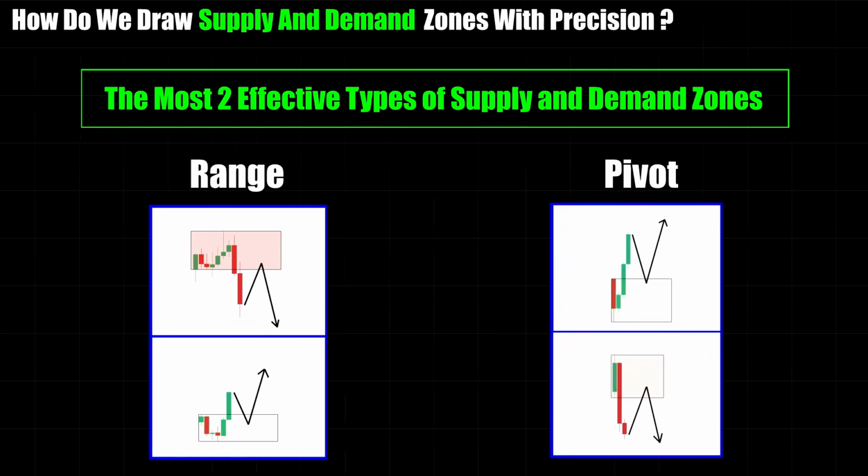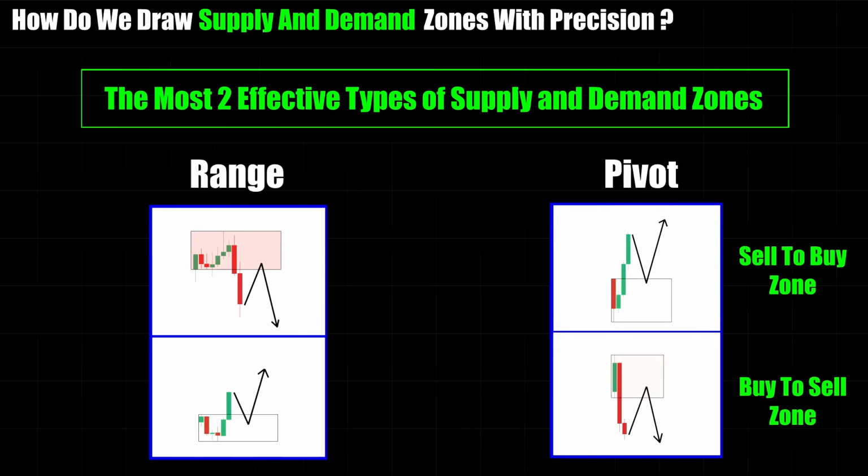These form at key turning points in price, usually with 1 or 2 candles. You mark the zone around the candles where price reverses sharply. For supply zones, this is typically a bullish candle followed by a bearish thrust candle that closes below its low, and this is often called a buy to sell zone. For demand zones, you'll see the opposite. Usually a bearish candle followed by a bullish thrust candle that closes above its high, known as a sell to